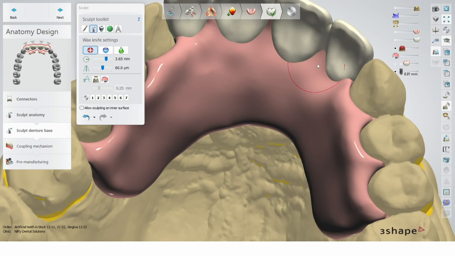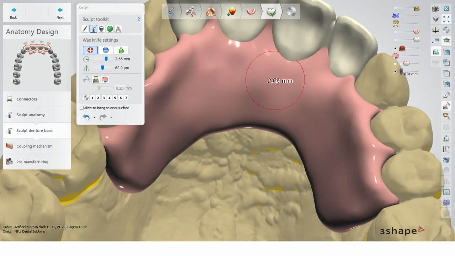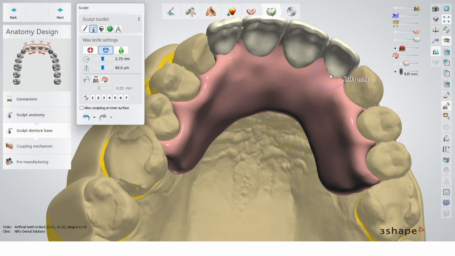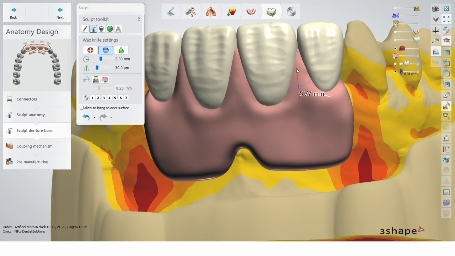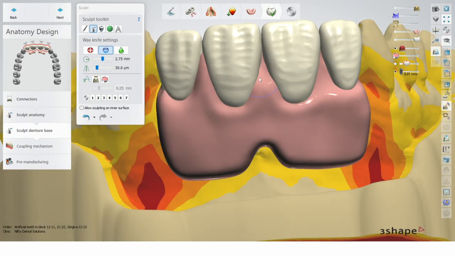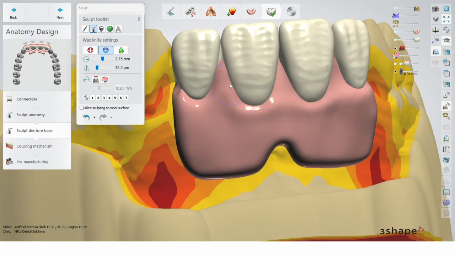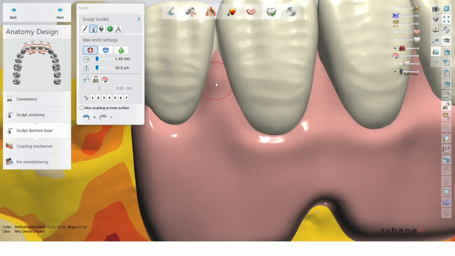And now I'm gonna play around, sculpting a little bit this gingiva. You can see I put them quite high, but I can modify the papilla length. No big problem. But if it's too short, unfortunately, when you go adding, it's not gonna let you add there. So that's something to keep in mind.